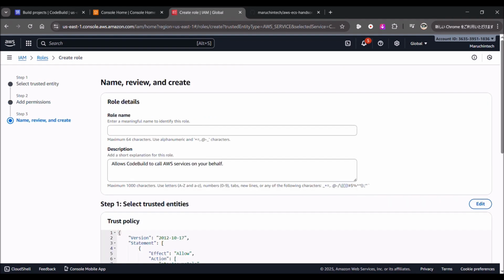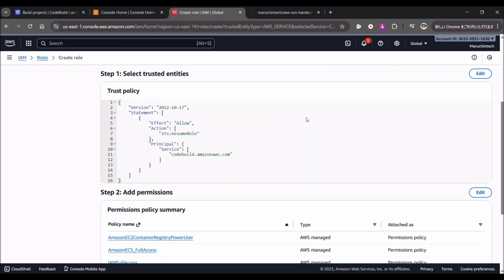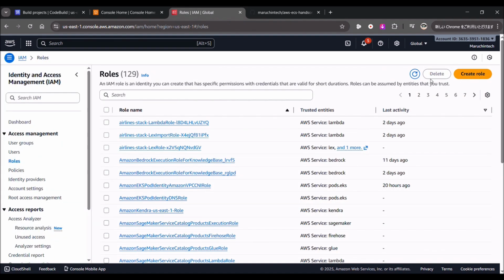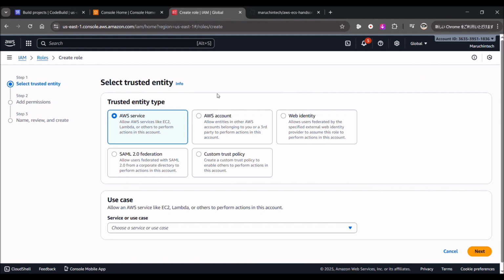I'm going to name it, for example, CodeBuild ECS role for GitHub. But I have already created this one, so I'm going to cancel. And again, clicking on create role, then I'm going to choose the AWS service and the